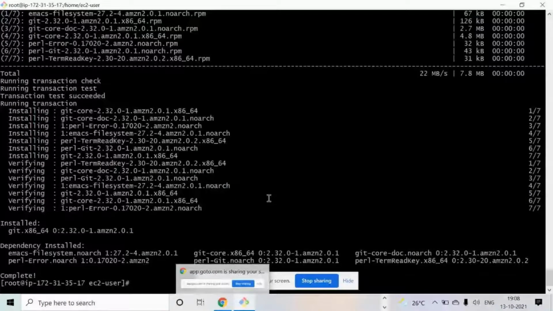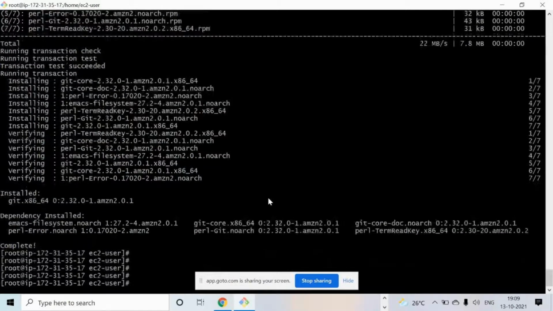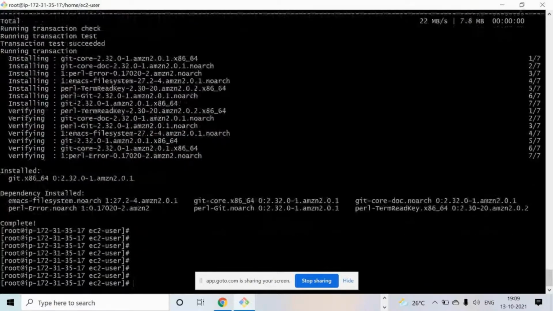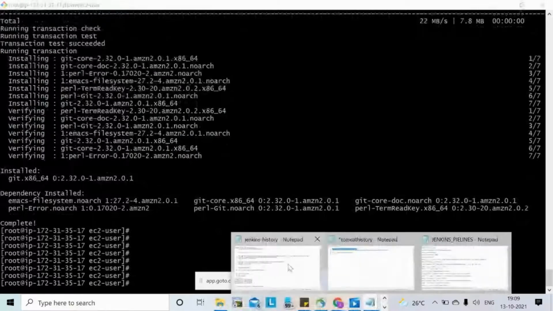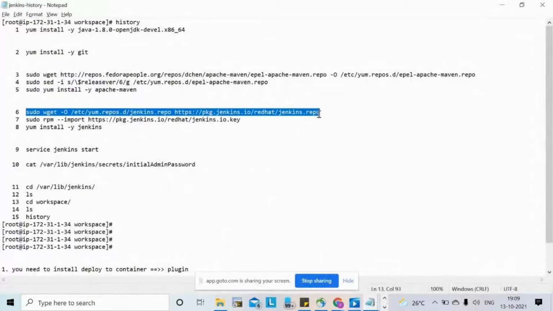I have already installed Jenkins in the default availability zone, no preference, so I didn't select the zone. That's why I'm creating it once again in the same zone. It will take hardly 5 minutes. Which zone did you select now? 1A zone in the Mumbai region. It should be that zone only, to connect to Tomcat.